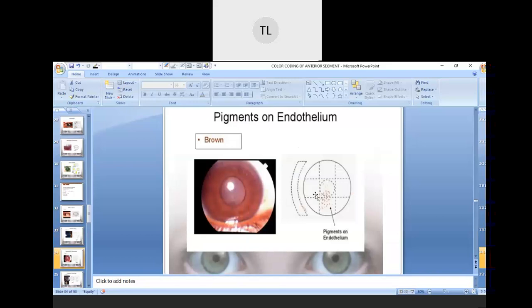See, this is a pigment. Basically this endopigment occurs maybe because of the adhesion or the rubbing of the iris and the lens. This causes the release of iris pigment granules into the anterior chamber. From the anterior chamber it goes to the endothelium and is collected there. This is how it's going to look. You need to denote it with brown color, like with a dotted line. And in the slit you can see the posterior side, right? This is how you're going to do it.